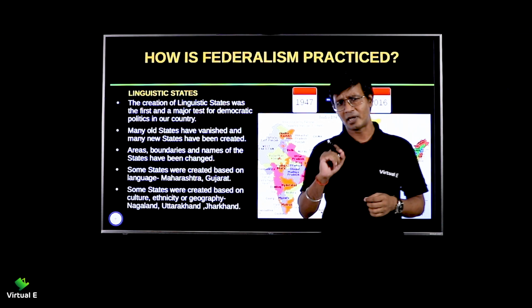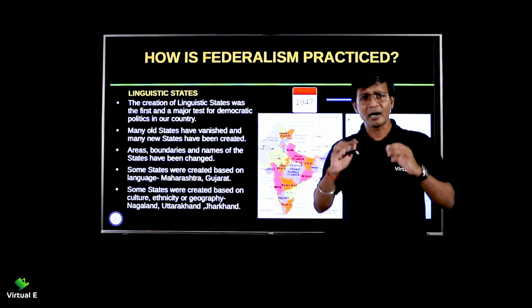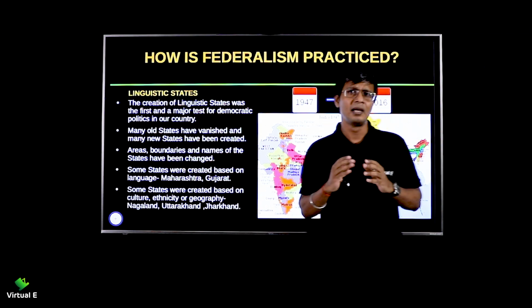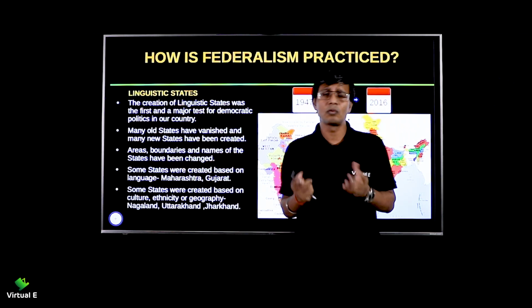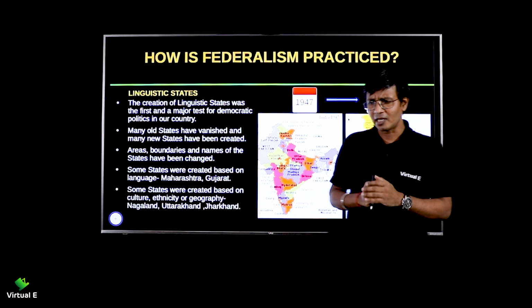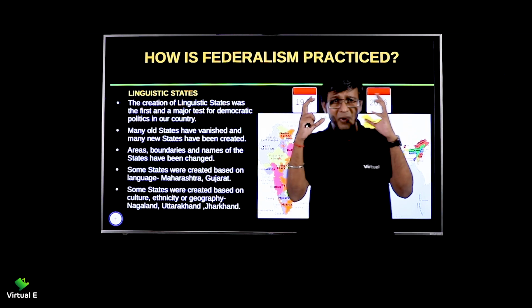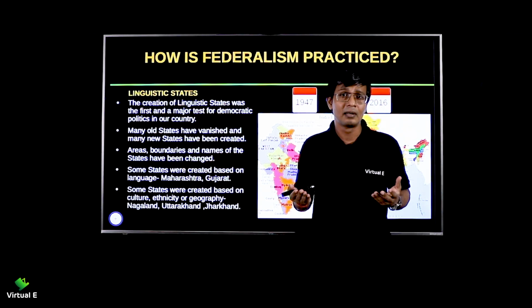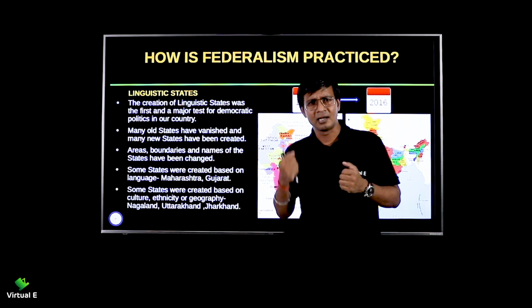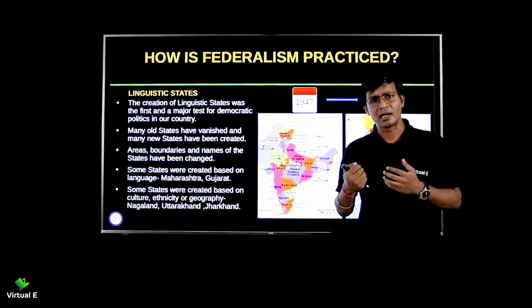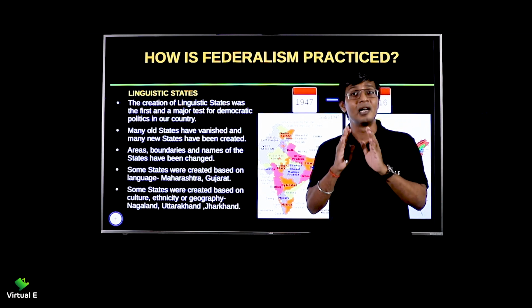See, when we got independence, there was a problem. Our nationalist leaders started thinking, let's divide the country on the basis of language. But then what's the problem? The problem is, if I divide, don't you think this word divide itself is a negative one? कि country के टुकड़े होंगे. And this was the fear. But still, they went on with their gut feeling and they divided the states on the basis of language